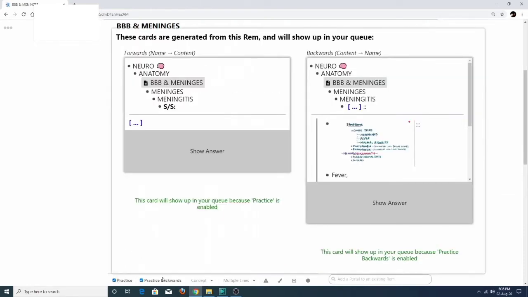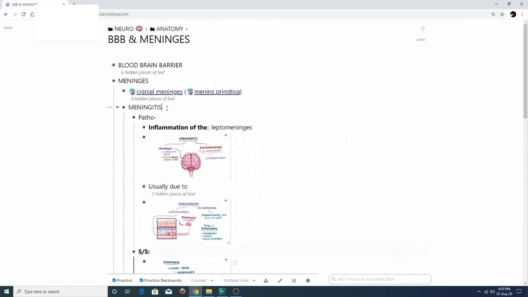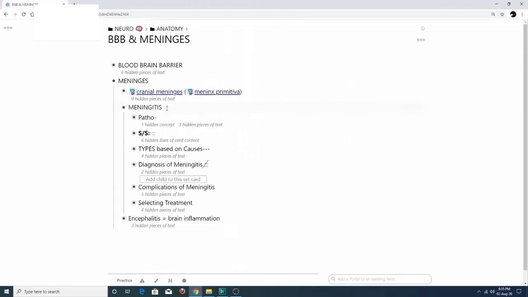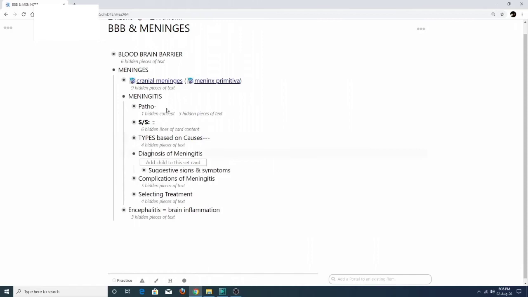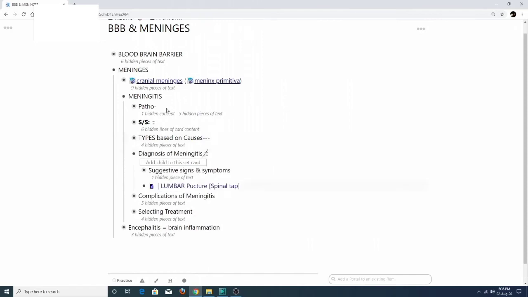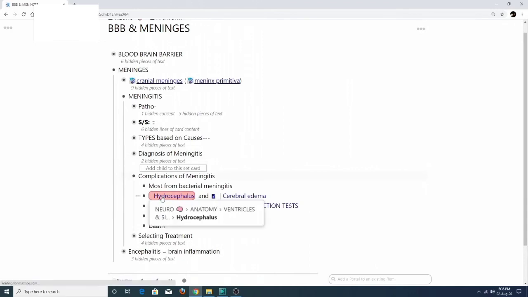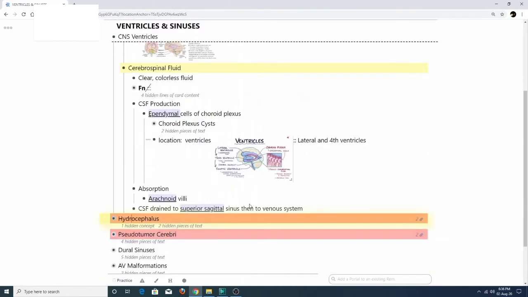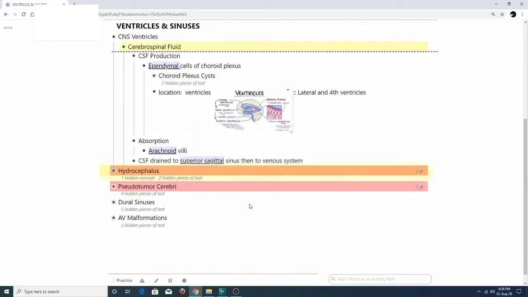Now, all this being said, RemNote is designed to be somewhat like an alternative for Anki, but it is much more than Anki because it's helping in creating your virtual brain and creating a knowledge base for all the information that you are learning. And that is the main reason why I'm using RemNote to create my quote-unquote knowledge base.